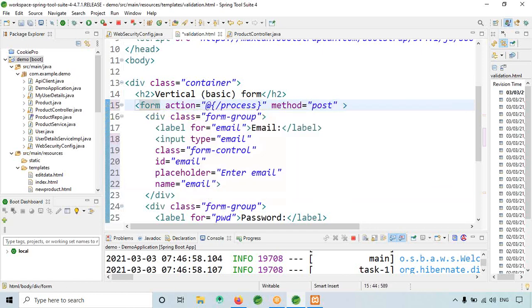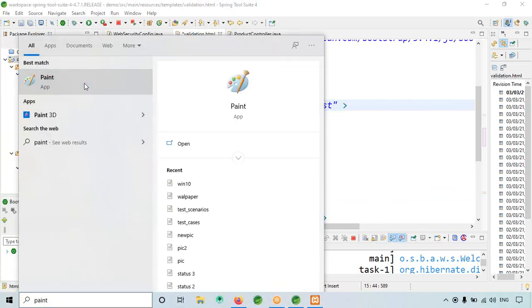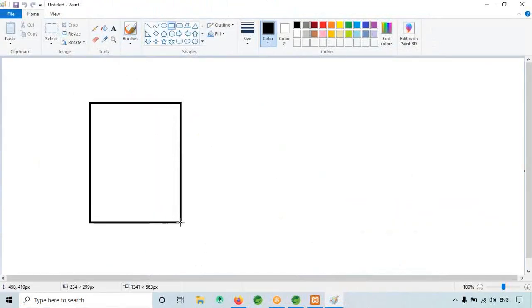Okay, so see, first this is my login page. Here there will be an email ID, a username, a checkbox, and a submit button.